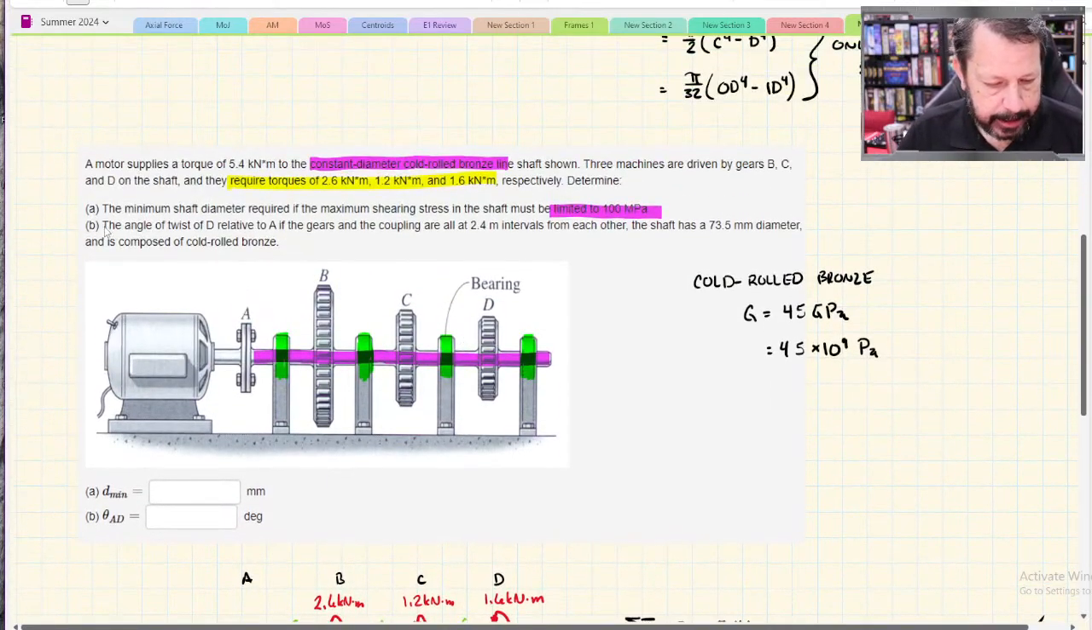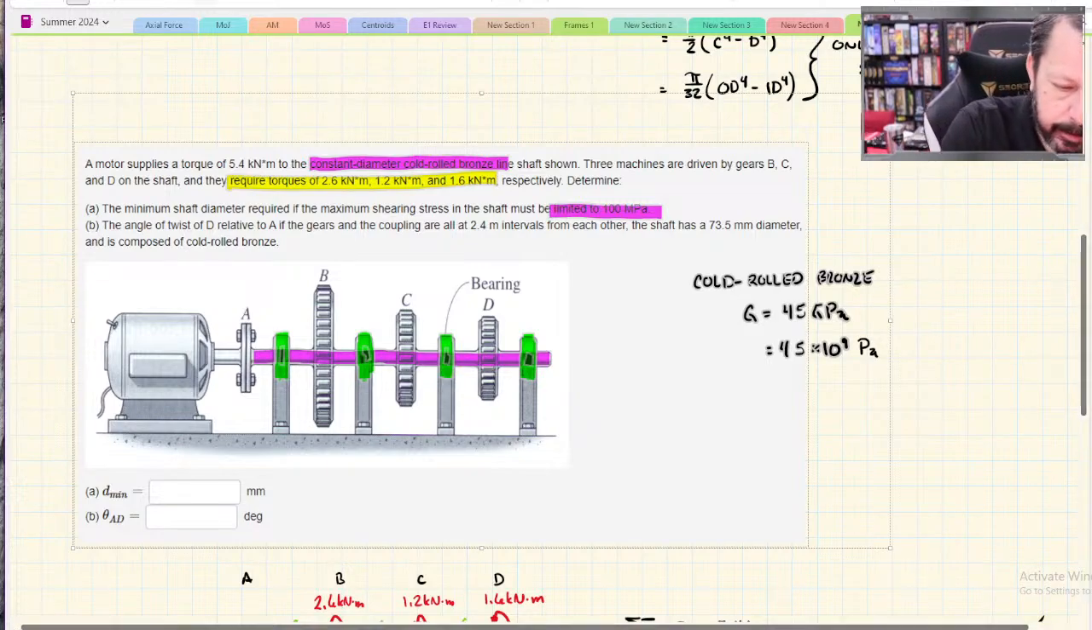The other part says determine the angle of twist of D. And the couplings are at 2.4 meter intervals from each other. And they tell us a different diameter for our shaft, and same material though, so cold rolled bronze. So the interval thing, what they mean there is that